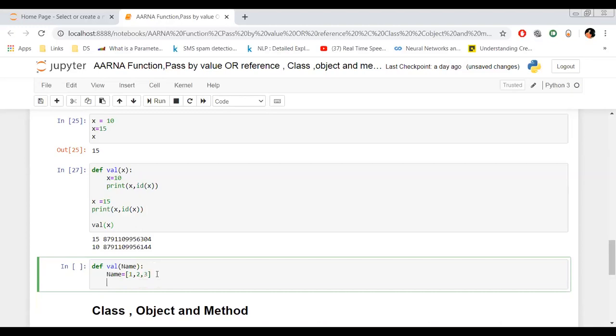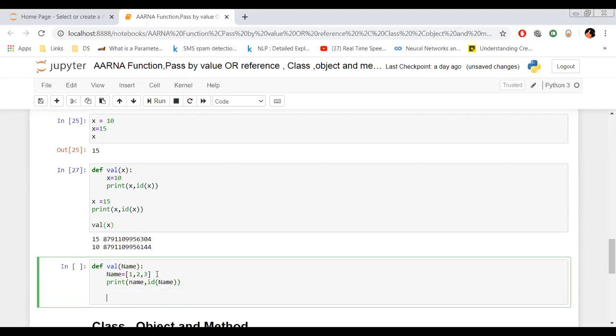Now print the list: name, comma, ID. So what reference do I need? I need the name reference, so I have given the name. Now assigning the same name to another list, equals to 5, 6, 7. Enter. Now I want to print the statement, so I want to print name, comma,